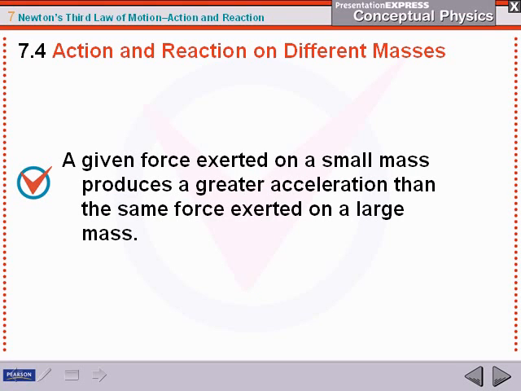Alright, now we have a little math. A given force exerted on a small mass produces a greater acceleration than the same force exerted on a large mass. That sounds an awful lot like Newton's second law. But now we're going to look at it from the point of view of two objects, both with the same